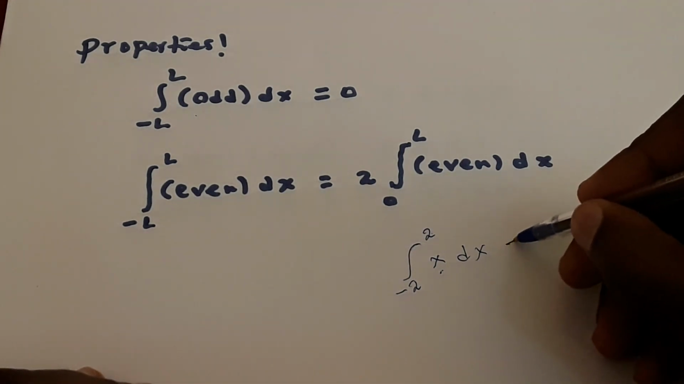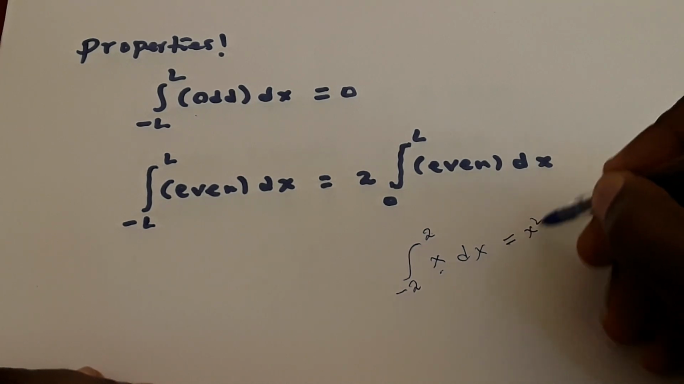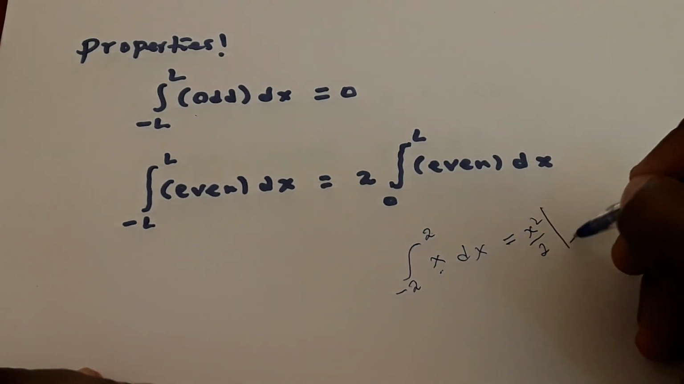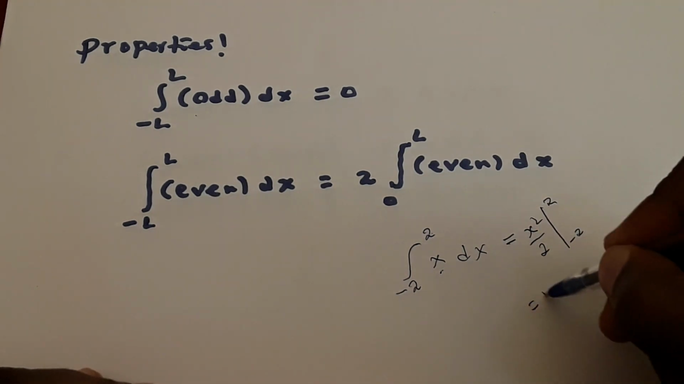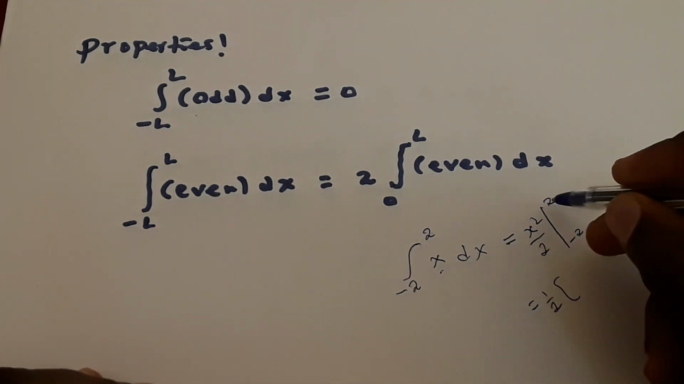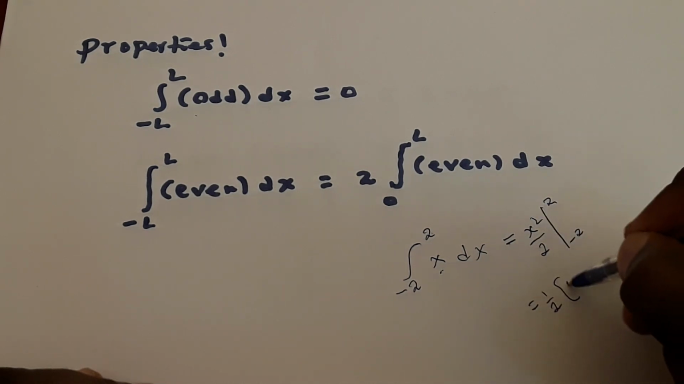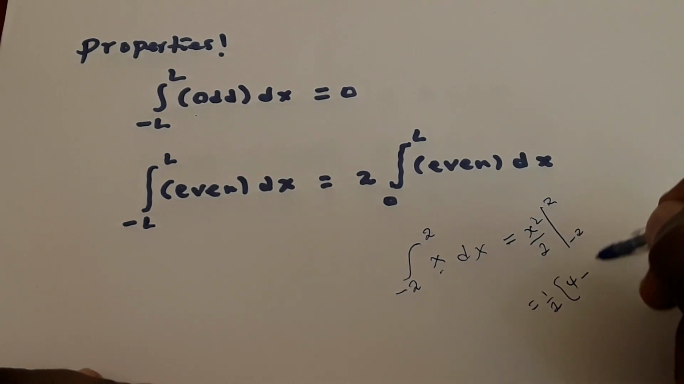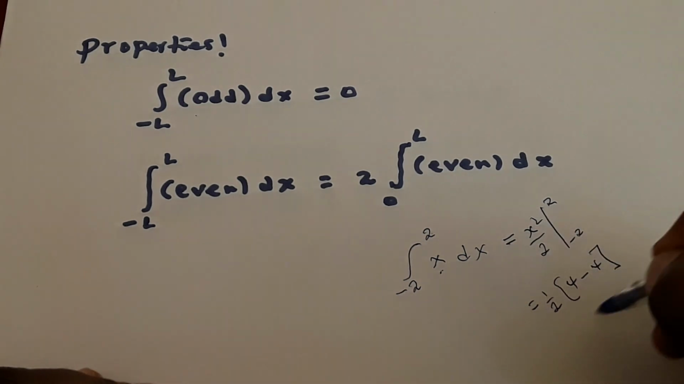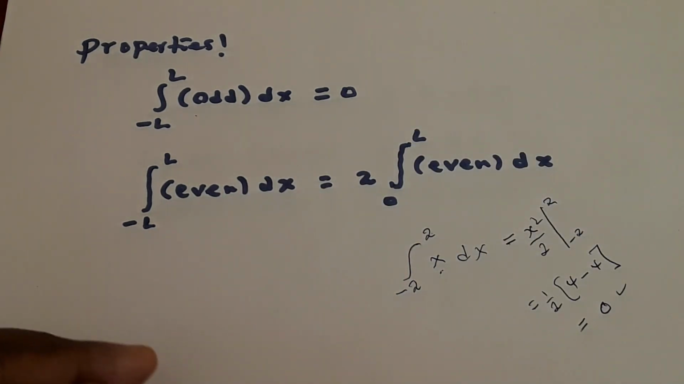So when you come up with the ordinary form, we have x squared over 2 on minus 2 to 2. x squared over 2 means half. x at 2 is 2, then squaring is 4, minus x at minus 2 is minus 2, then minus 2 squared is 4. So half of 4 minus 4 is 0. That means any form of